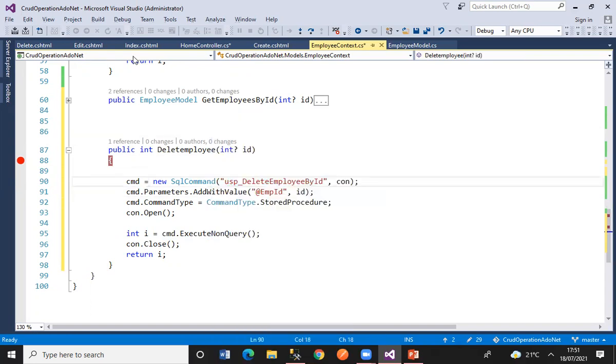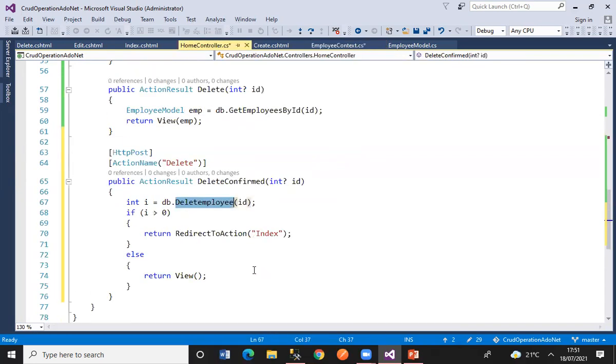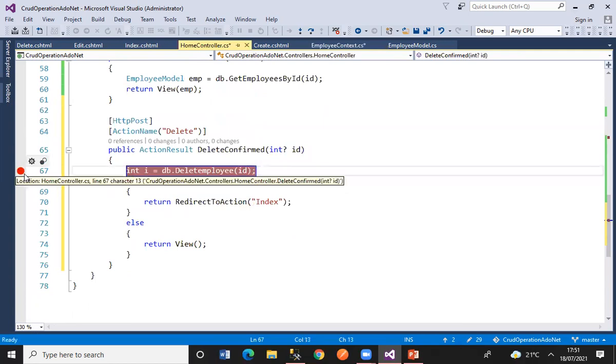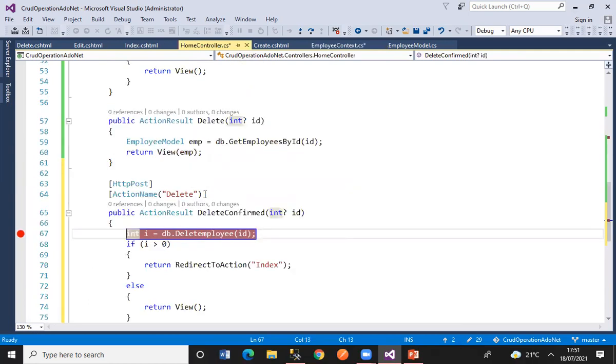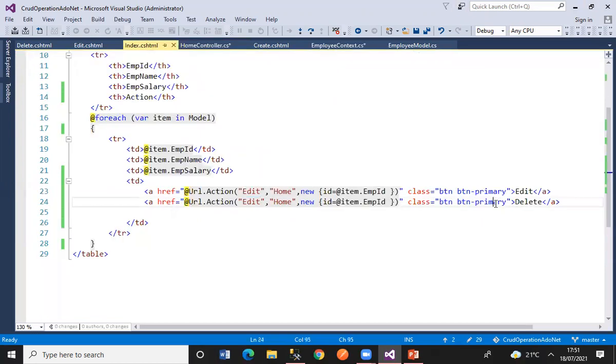So let's go to our Home controller, and you can see we are not getting any error. We will keep a breakpoint here. And what we will do is go to our index page also. Where is our index page? So this is our index page, right? Let's go to the index page, and instead of primary here, let me change to warning. This is the class you're going to take. Let's save it. Let's go and run this.